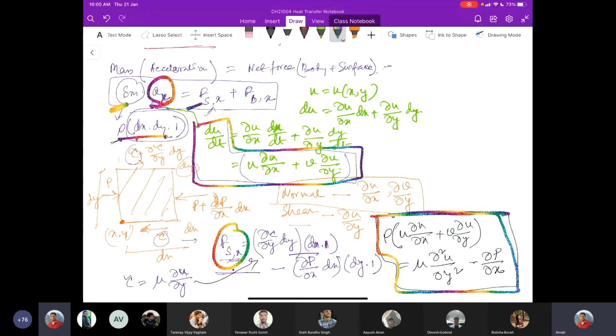Now there are a couple of assumptions specifically applied to the boundary layer, which are called the boundary layer approximations. Typically those are that u is much larger than v, that u varies greatly in the direction y normal to the wall, from 0 at the wall surface to the near free stream value, while the variation of u along x is typically small. That is the x direction velocity.